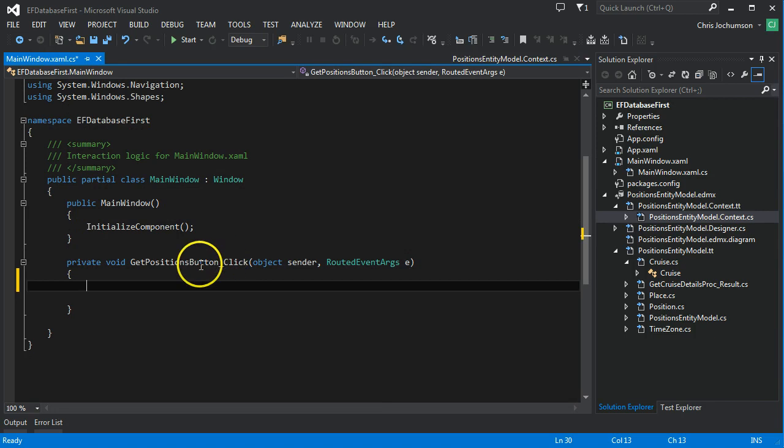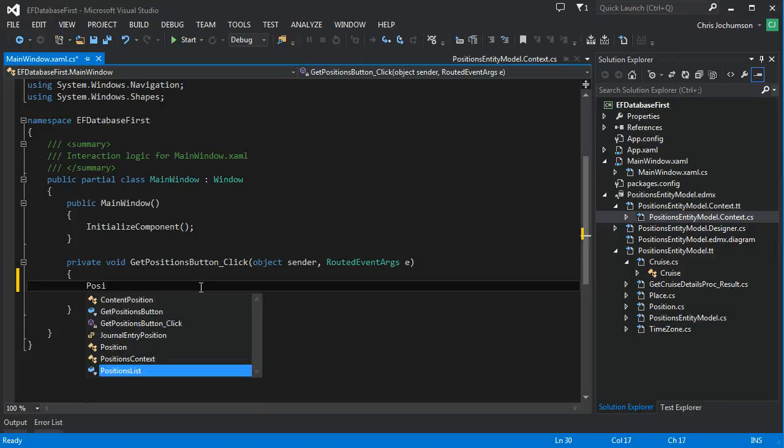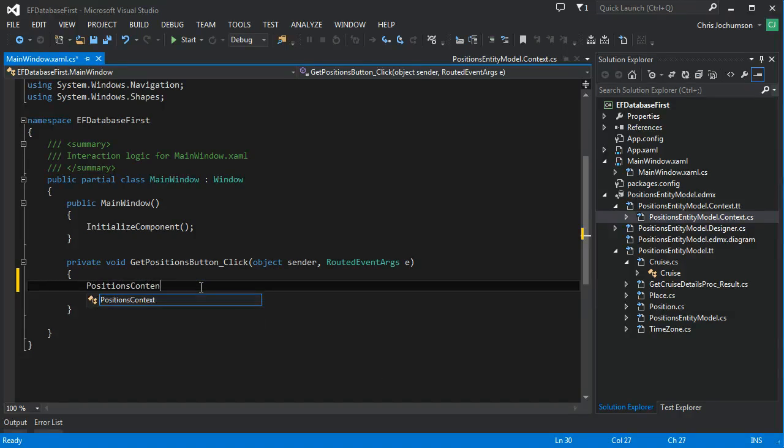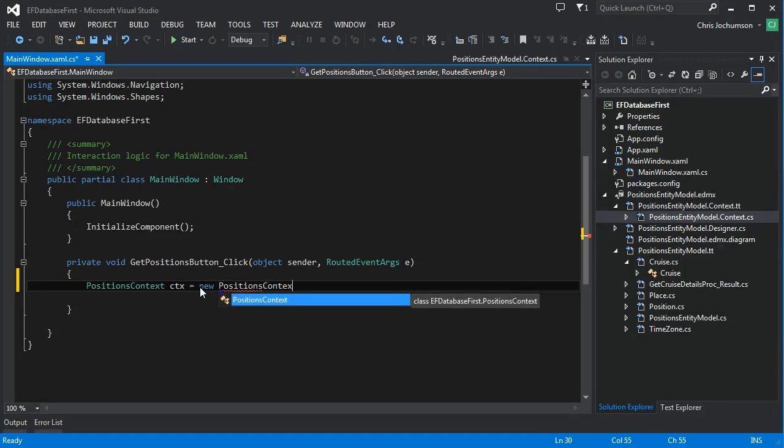So this is going to get fired right here when we click the button. So the first thing we're going to do is we're going to want to have access to that positions context. Now, typically in an application, you would not reference the context directly here. You'd be using the repository data pattern, but in a demo situation, we can't be doing everything. These demos would take way too long. So we're going to go ahead and create this context right away, and we'll say new PositionsContext,